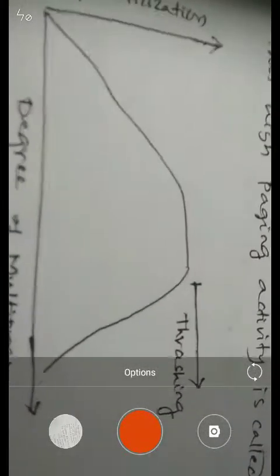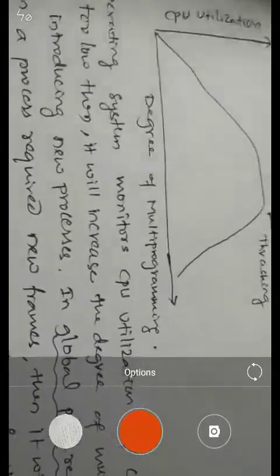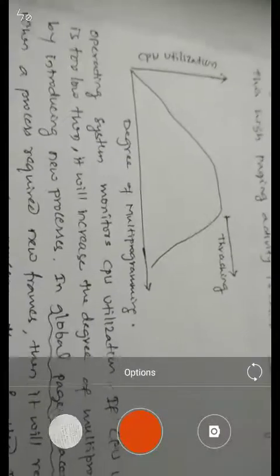In order to overcome this particular problem, the process will go on replacing pages. So which page it has to replace now, that is the problem. For page replacement, you should go for either global replacement or local replacement. Global replacement, in the sense that a process will replace the pages of another process. Process P1 will replace the page of another process, that is global replacement. Local replacement, in the sense that a process will replace only its own pages. So that is another way of solving the problem.